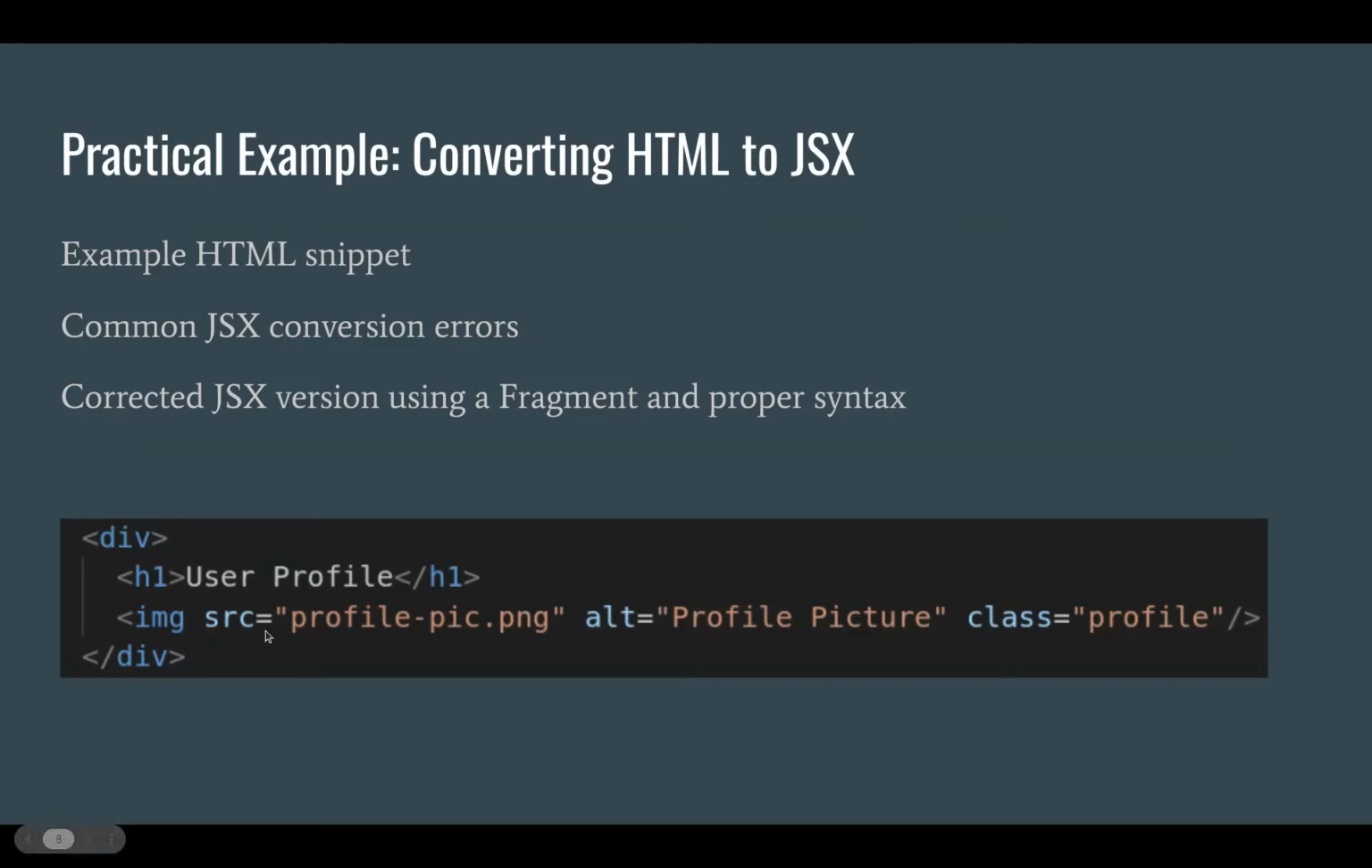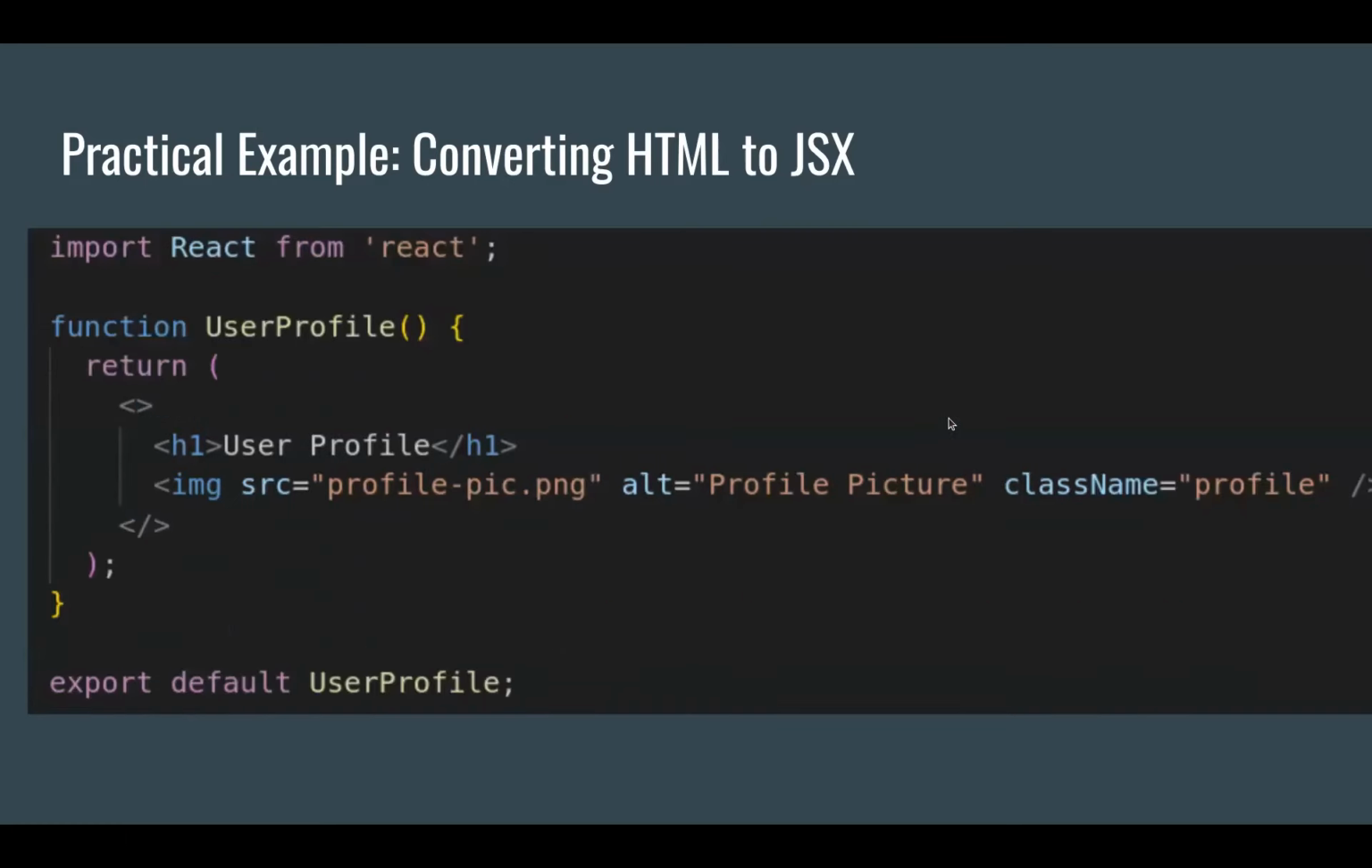So let's look at this. So we have this HTML snippet. The parent is a div, and we have an h1 that says user profile, and we have an image tag with a specified source and class saying profile. So if we were to convert this, we would want to first import React from the React